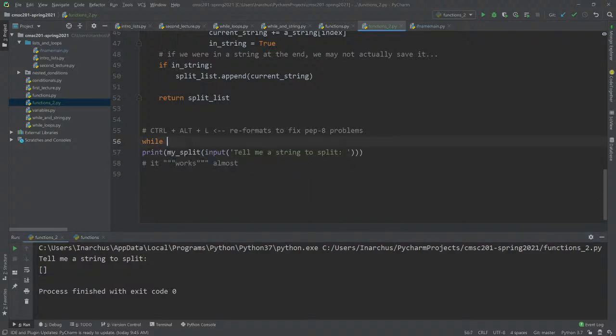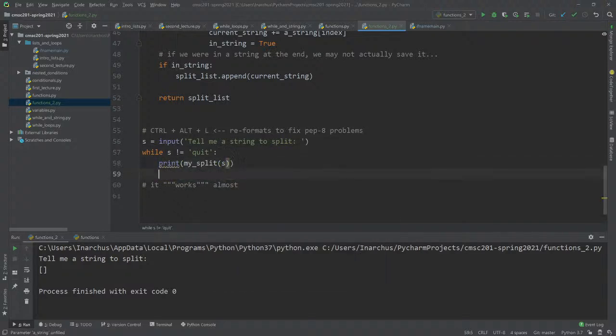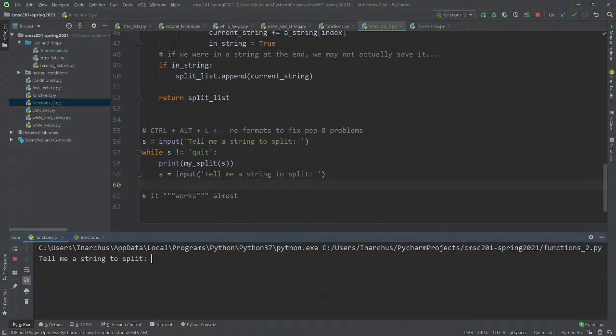So let's just do a while loop while s is not equal to quit, and then we will do s equals input, and we'll put that here, and we will print my split s. So the empty string worked.